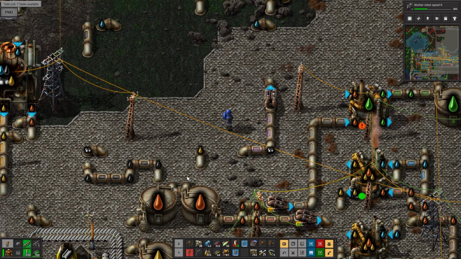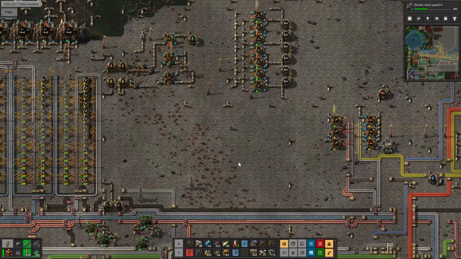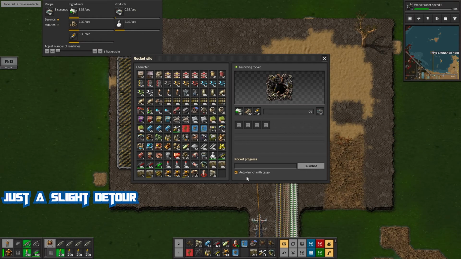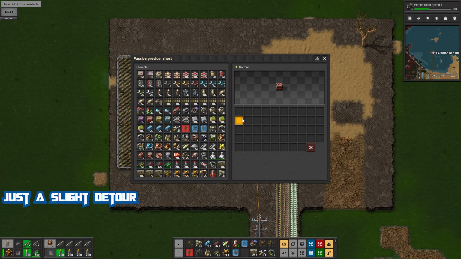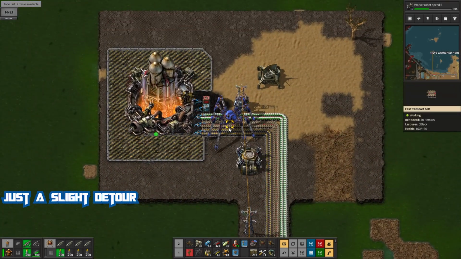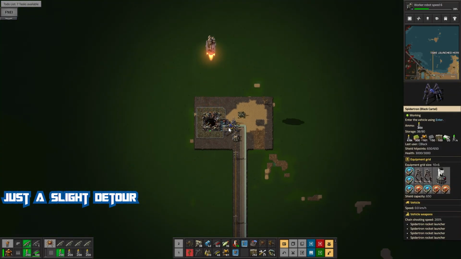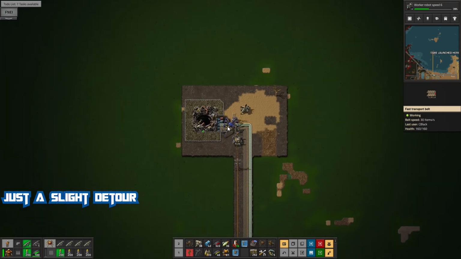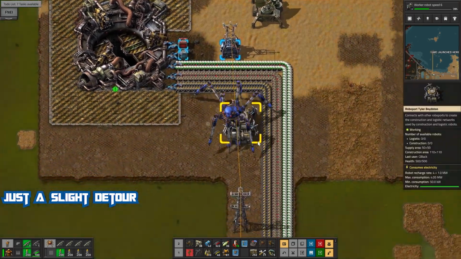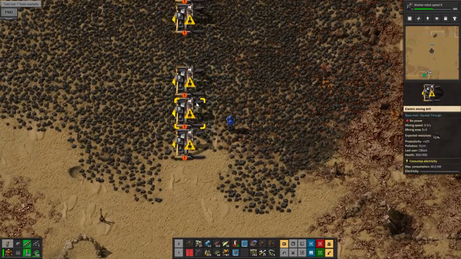Walk it back into the thing. See? Look at that. And voila! No wasting. Okay, so now let's get back over there. So let's just go ahead and throw these down right quick. And what is